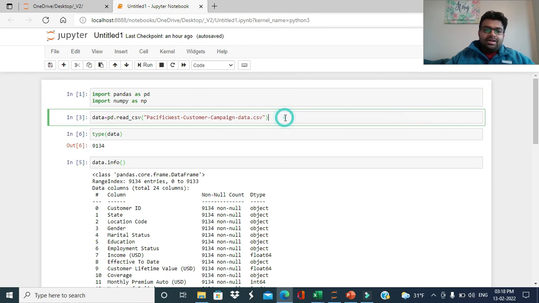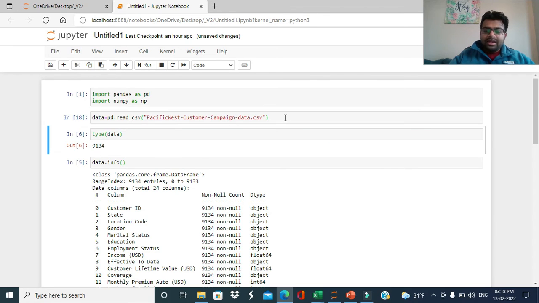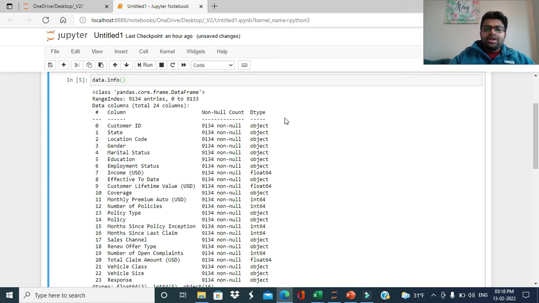So you can read it with the pandas library in Python. You can import the data, and if you want to see the types of a particular data, you can see this is a pandas data frame that we have, just to get what the different types of variable we have in Python. So you can just quickly go ahead and see data.info,